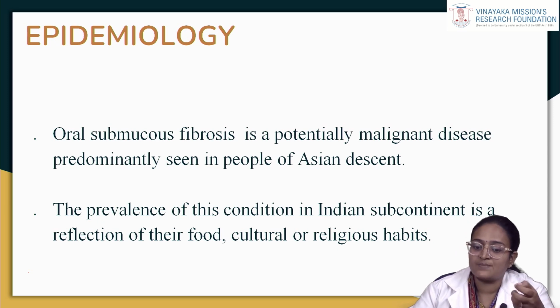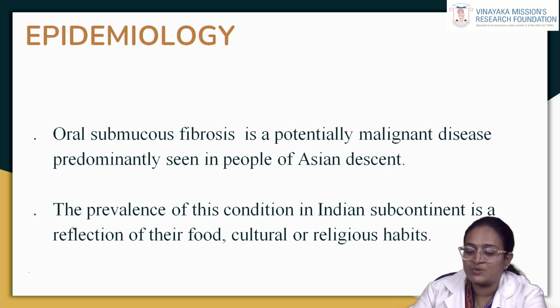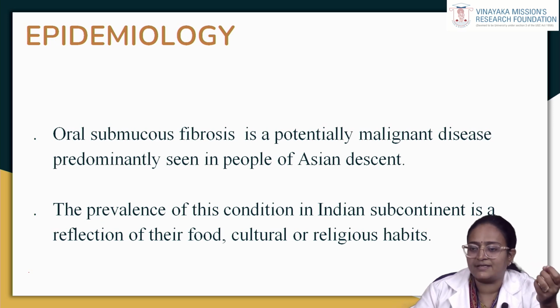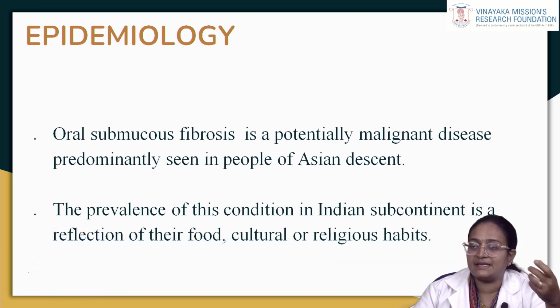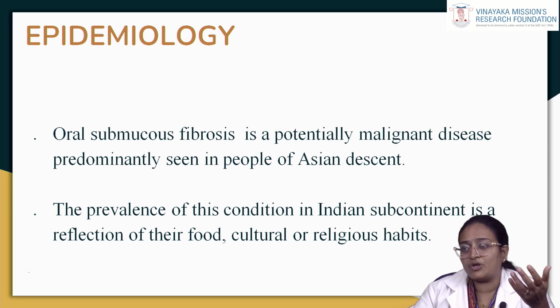Previously the disease was mostly observed among adults, especially in the age group of 30 to 50 years. Nowadays it is increasingly affecting teenagers and young adults because of the commercial availability of products in India. It is available under the names gutka and pan masala, and sweet supari and flavored areca nut are easily available in the markets. Both males and females can develop this disease. The incidence is steadily increasing due to easy accessibility of packeted areca nut products. So this is the main epidemiology in India.